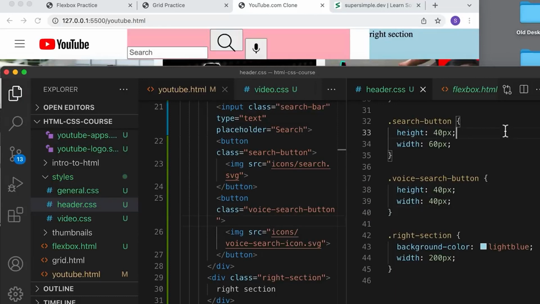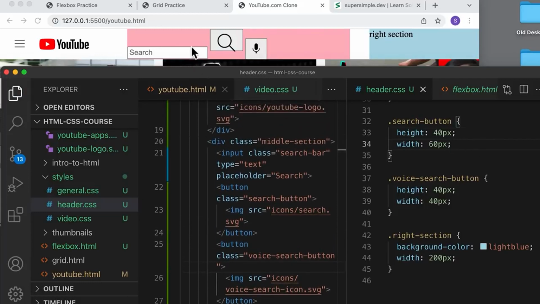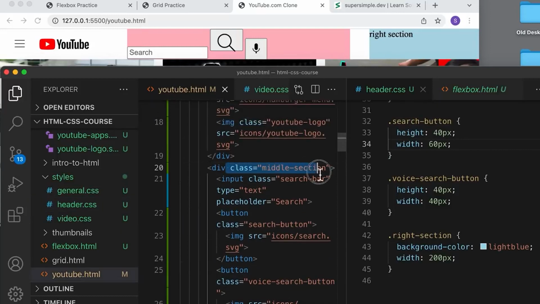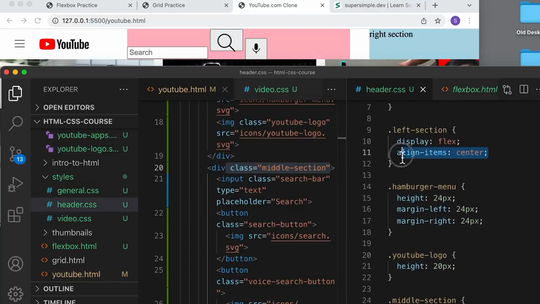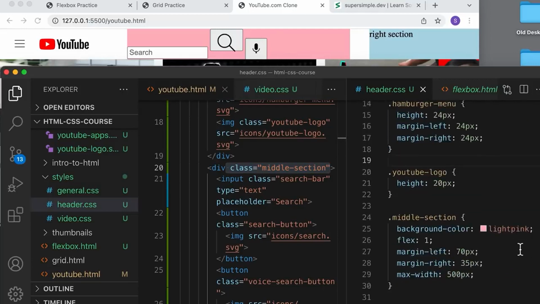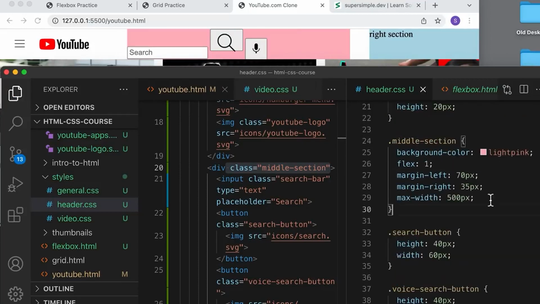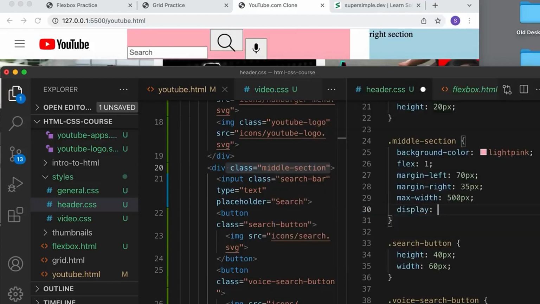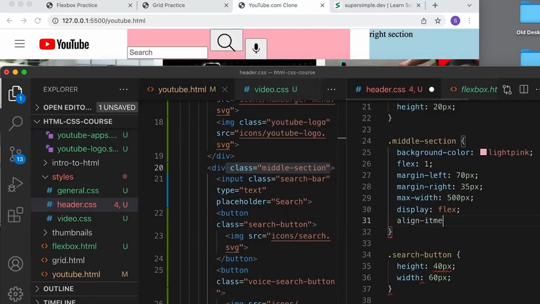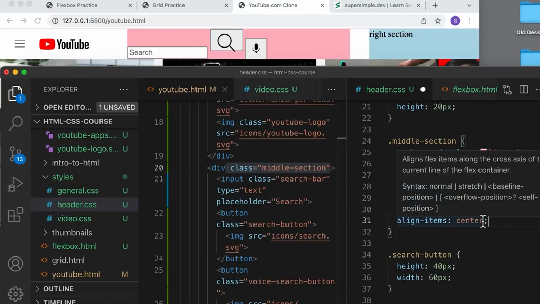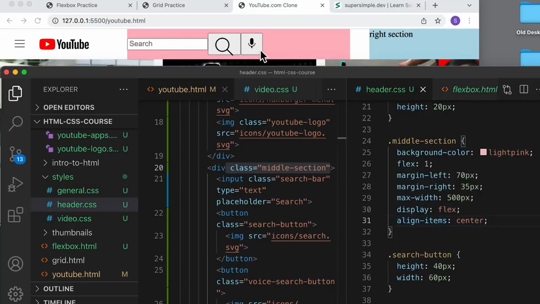So let's save it. Okay, so that looks super weird, but we're going to fix this right now. So remember that we want to align these in the center vertically, just like this. To do that, our middle section is also going to be a flex box. And then we can use the align-items property that we use for the left section. So let's make this middle section a flex box. And we're going to set display to flex. And we're going to set align-items to center, just like our left section. So now if we save, you'll see that everything is aligned to the center, and now it's ready for us